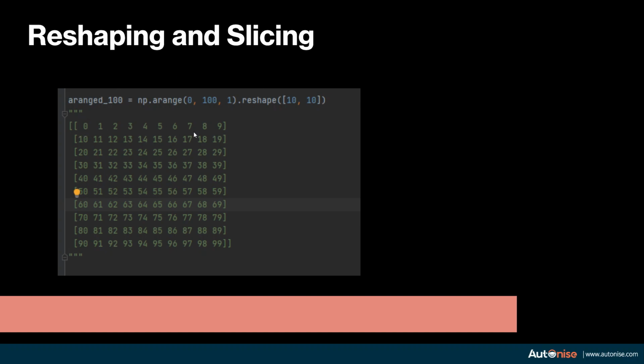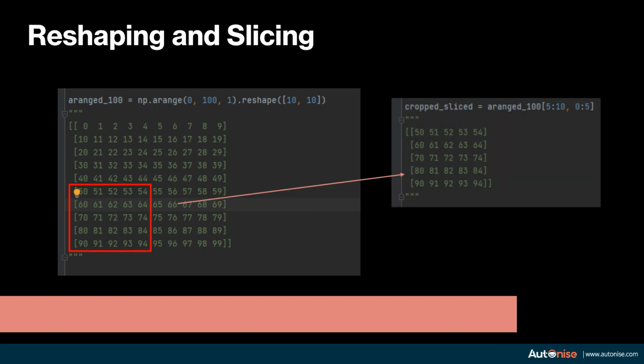So you have 0 to 9 in the first row, 10 to 19 in the second row, and so on till 99. So using reshape, you can change the dimensions of your array, and you have to make sure that the number of elements after reshaping is equal to the number of elements before reshaping. Otherwise, NumPy will throw an error.